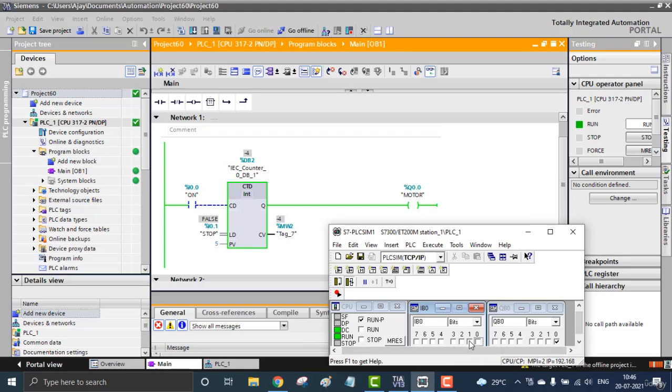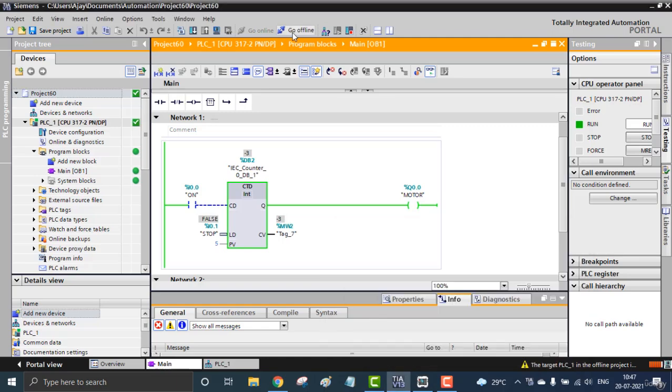When I press I0.1, that will load 5. During the loading we are not getting the output, and coming down, 4 no output, 3 no output, 2 no output, 1 no output, at 0 we are getting the output. If it is reaching 0 or below 0 we are getting the output. It's going to -1. That is the major difference between the IEC counter and the semantic counters.